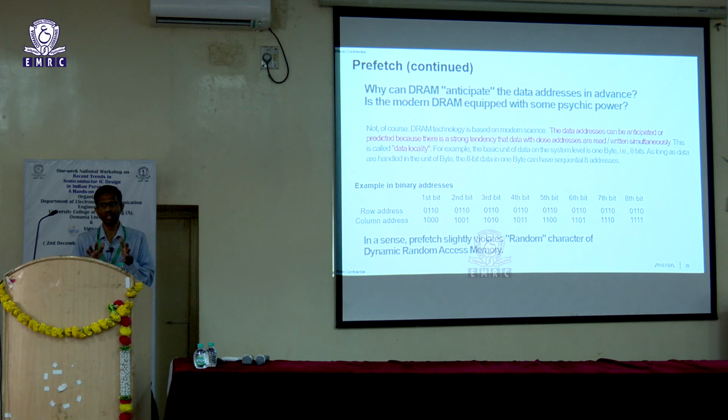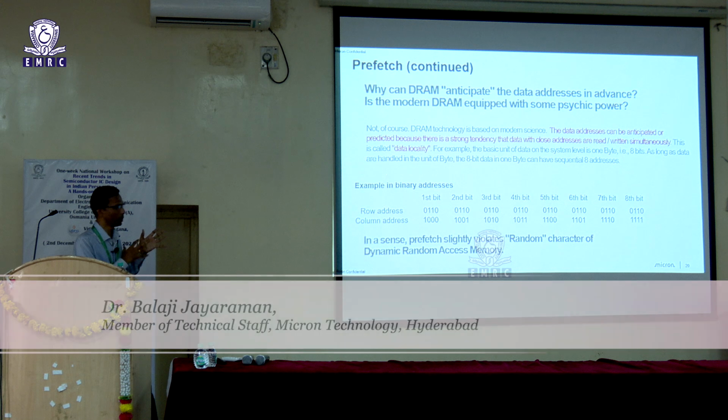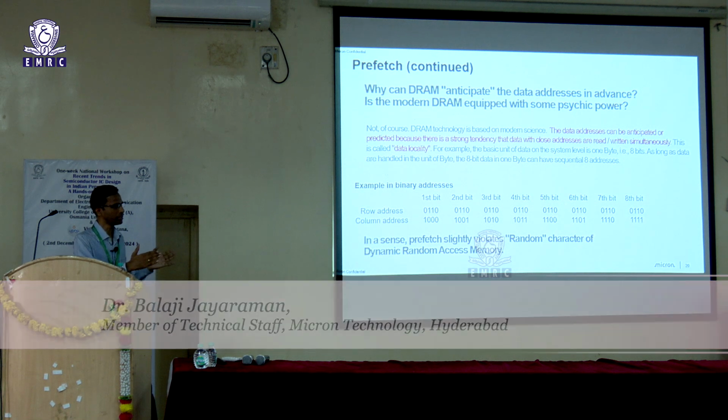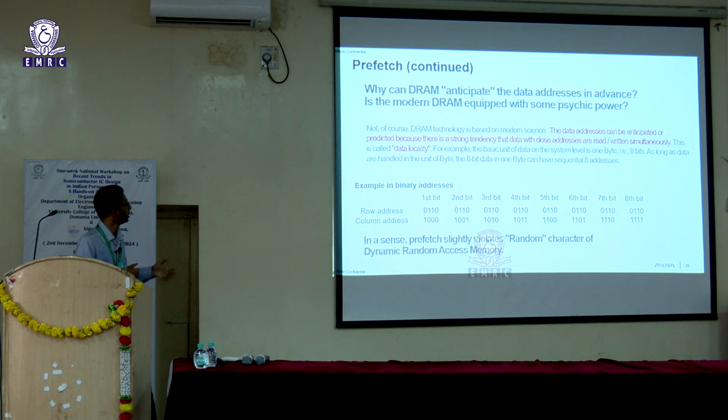To some extent, yes. But we are also exploiting the fact that there is typically data locality in whatever operations that we do. Like for example, if you are scrolling your mobile phone, or you are taking a picture. Whenever you are doing such an operation and when you are fetching data, there is a very high likelihood that not just that particular bit, but the bits right next to it are also needed. So we are taking advantage of that and prefetching the data. So conventionally, this is how it's been done now. Whenever you are doing access to the DRAM, it's not just one bit, but you get n number of bits based on what prefetch architecture it's using.